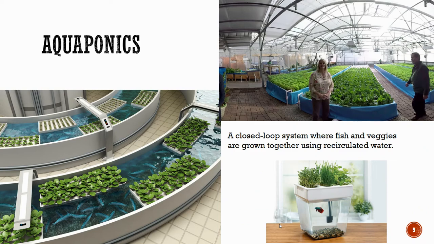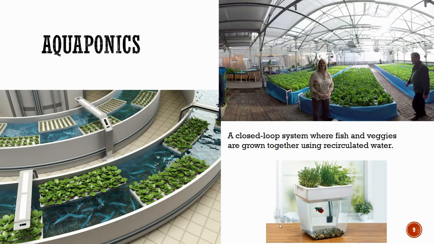Aquaponics is a closed loop system where we combine fish and vegetables in order to utilize the benefits of both for each other. So you can see at the picture on the left that this is kind of a circular piece, but that the plants are floating in water and the roots grow down into water where there are also fish. And so as the fish poop, the water circulates and takes that waste up and actually fertilizes the root mass with it. Fish poop is high in nitrogen, which is one of the most important nutrients for a plant